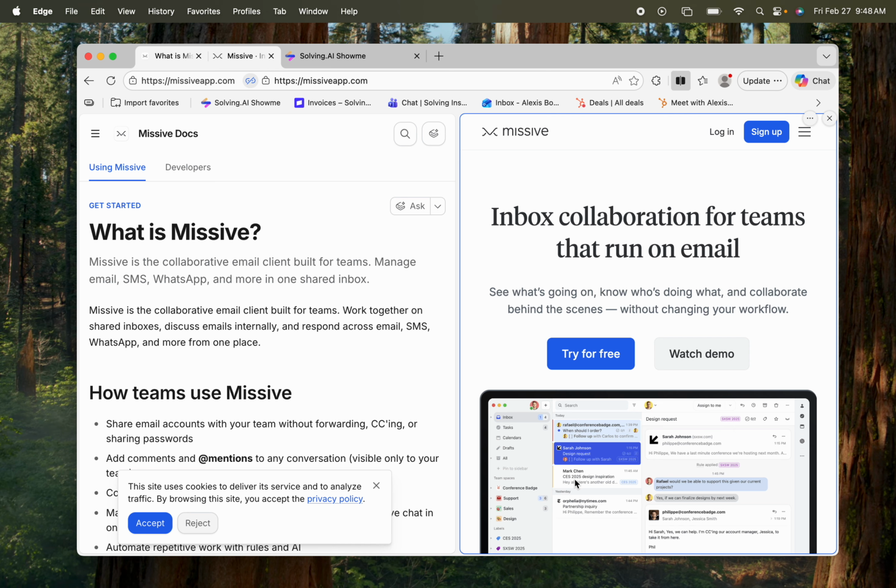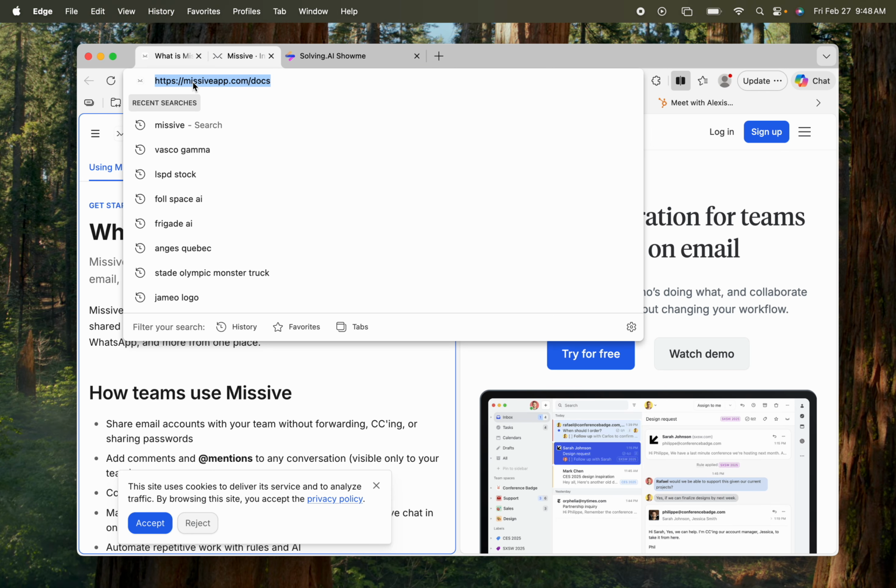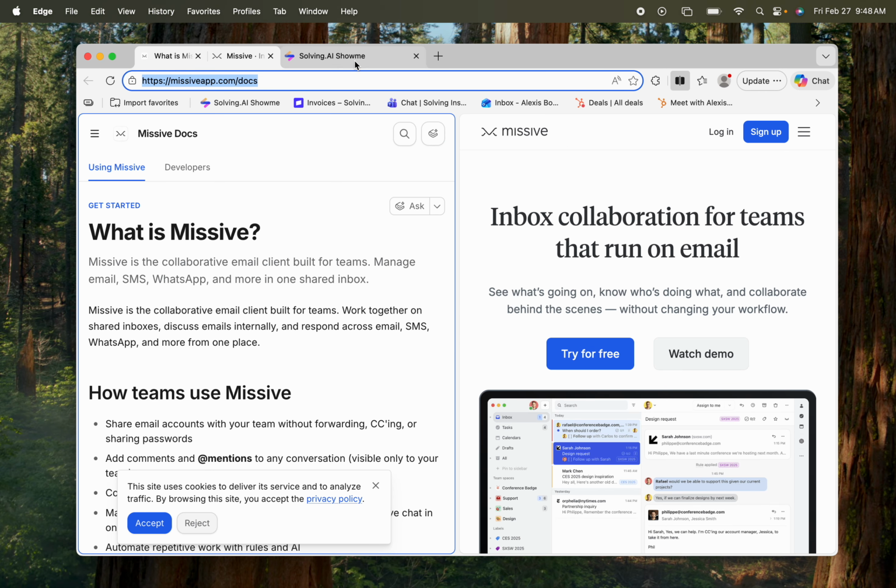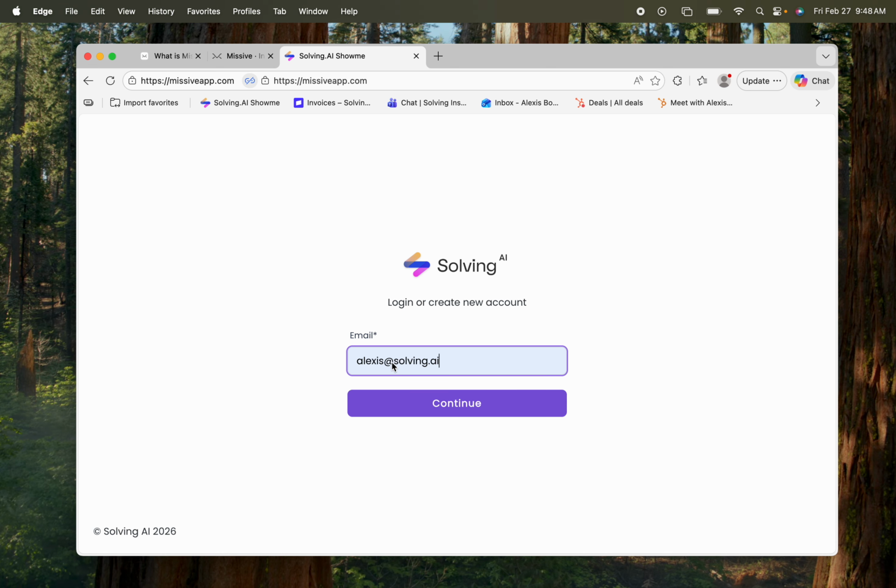I want to show you how easy it is to download documentation, sync it to Solving AI, and have an immediate assistant directly in your product. So let's start by creating what we call a ShowMe, which is an assistant using the documentation URL as well as the website URL. So we will start by creating an account,